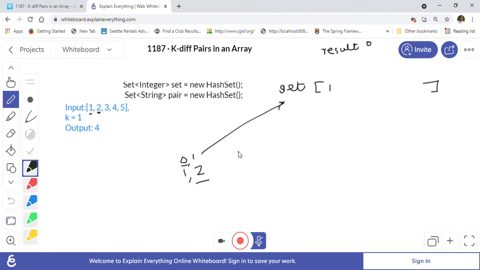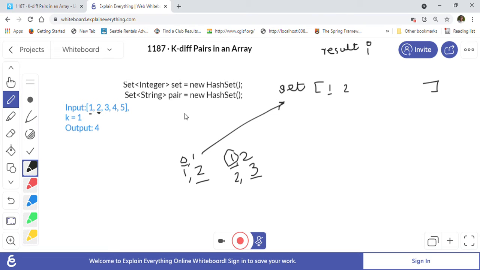When we are looking at 2, we will first add 2 into our set, and then check if we have already seen something which can form a pair. A pair can be formed by 1, 2 or 2, 3. So we will check if 1 or 3 is in the set. We find 1 here in the set, so we will increment our count by 1 because we are finding one pair.